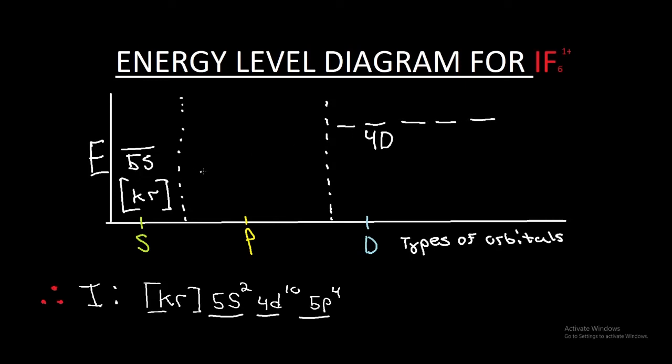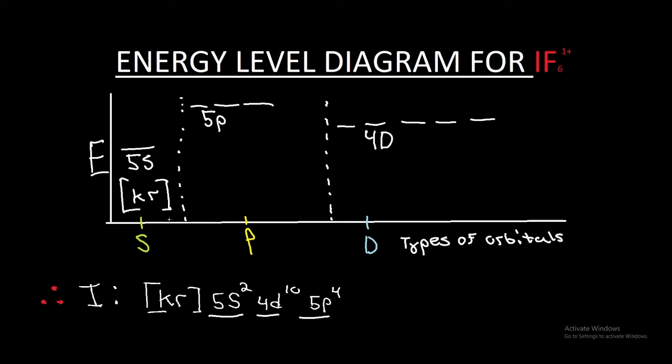5 orbitals represent D. And lastly, we have 5p. The reason 5p is above the 4d, even though the d orbitals are stronger than p, is because the p is a higher energy level than d. Now we can look back down at the superscript of the iodine electron configuration to find out how many electrons